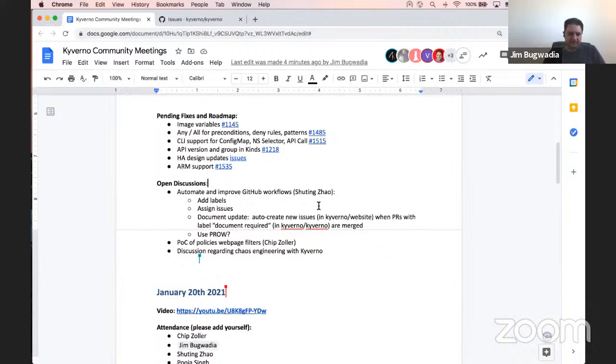Yeah, and there are some bots and other helpers, right? Kubernetes also uses them in the Kubernetes repo. We briefly discussed Prow, but it seems like that comes with a lot of other requirements which we may not be ready for. Right. Kubernetes uses Prow, and I think they're running it on an existing cluster and configuring the webhook